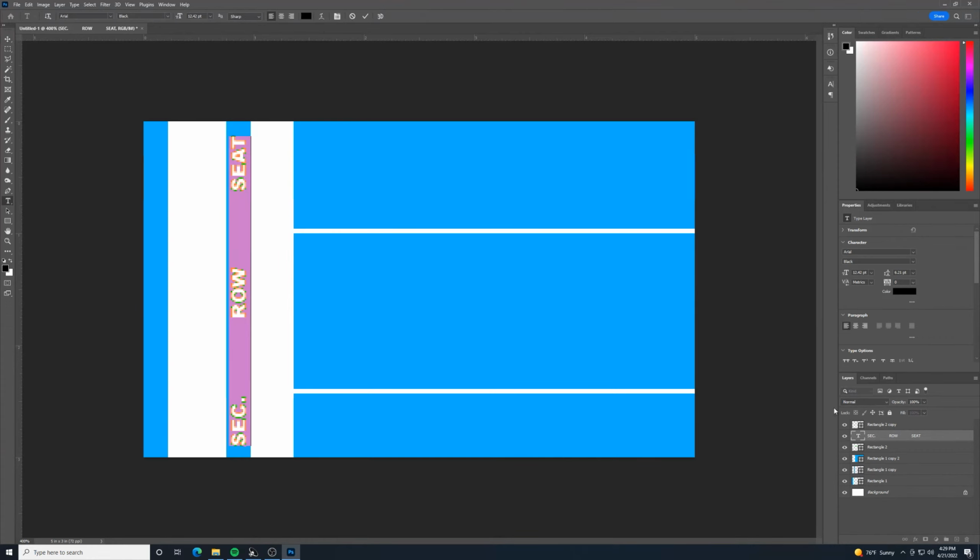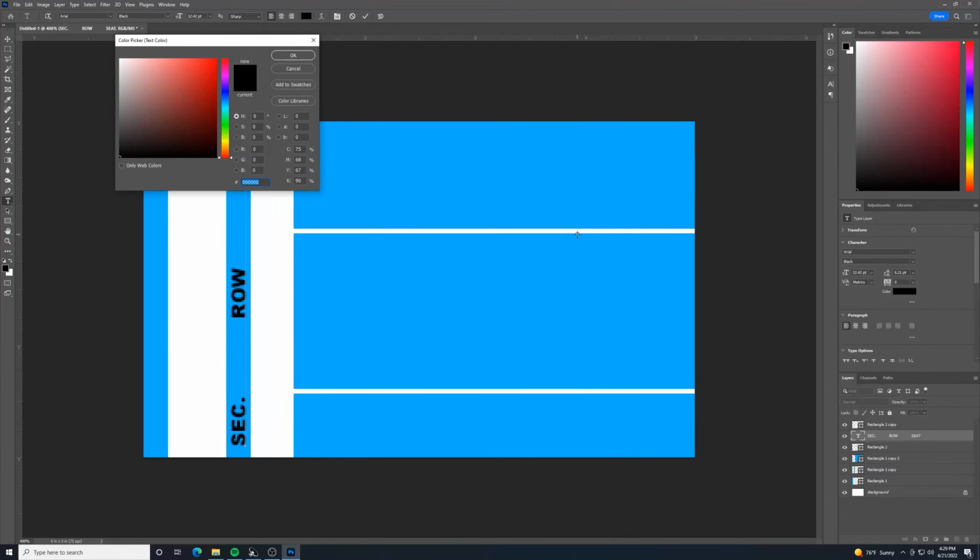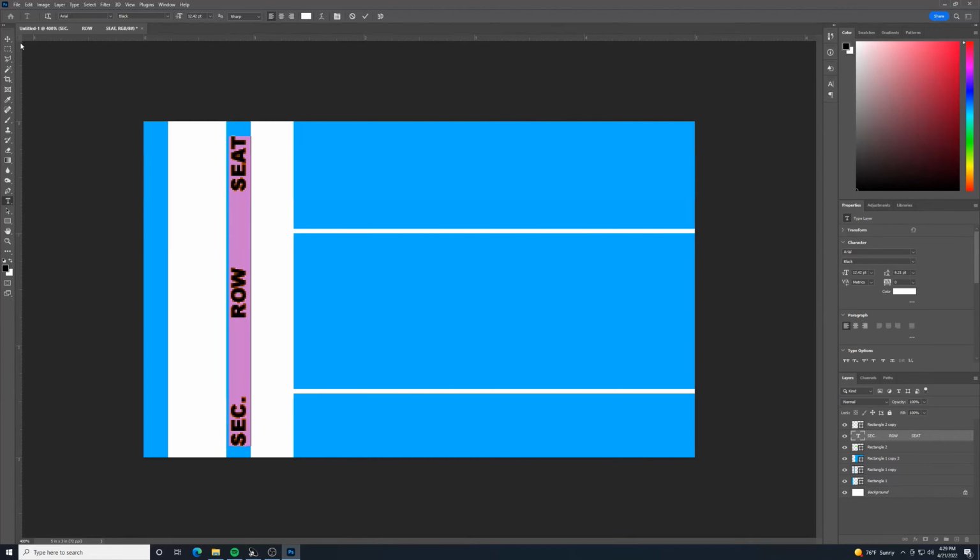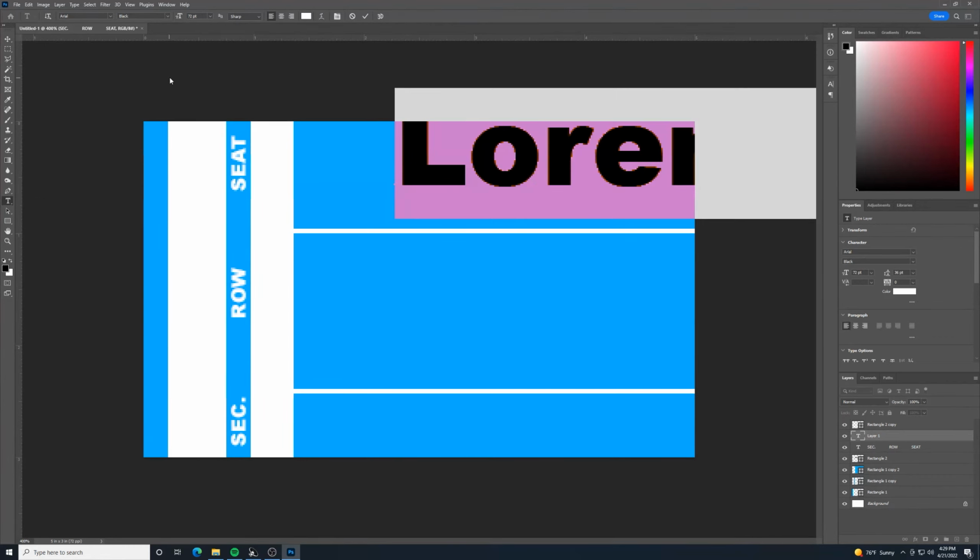Once I have that finished, then I can highlight this. Just double click in that little T, and we select white for the color. Alright, that looks good. Next part that we have on here, we'll go to our type tool again, and for